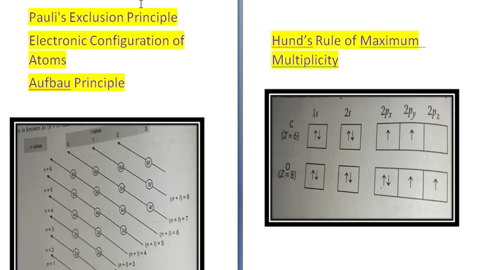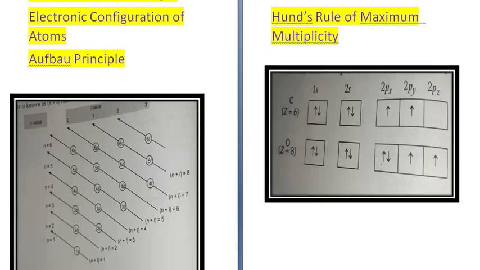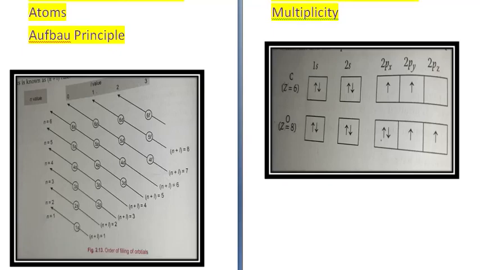Now next we come to the electronic configuration of an atom. Distribution of electrons in various energy shells, subshells and orbitals in an atom in ground state is called electronic configuration. There are a few rules which are followed in electronic configuration. First is Aufbau's principle. Now, what does the Aufbau principle state? According to this principle, the subshell with minimum energy is filled first, and when the minimum energy subshell is completely filled, only then the next one starts filling.